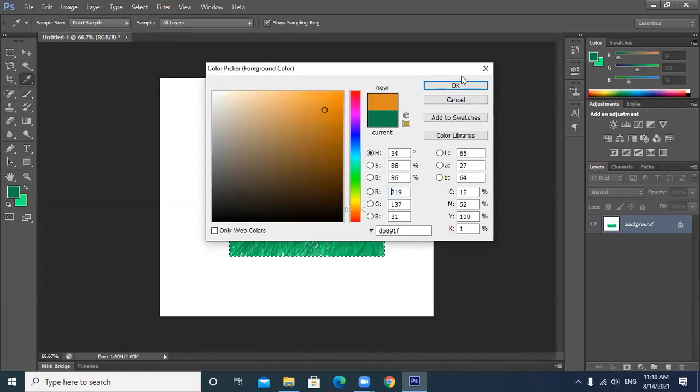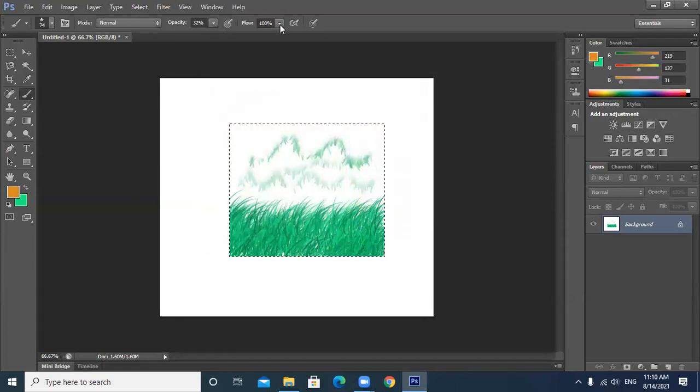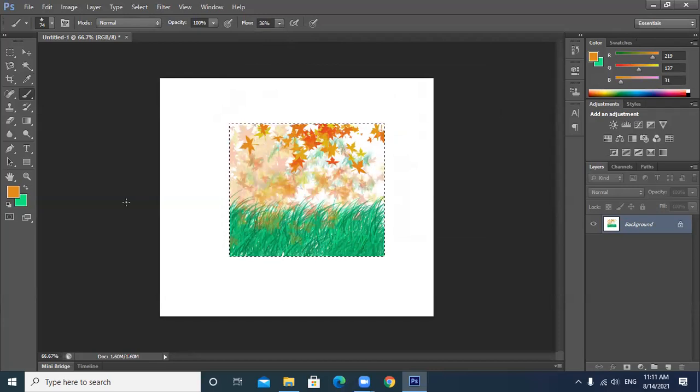The next you can set is flow. Flow means the quantity of color the brush is giving. How much color is coming from your brush will depend upon the flow. Right now it is 100%, so it is coming in proper flow. Okay, I'm increasing the opacity. See, now if I reduce the flow, okay, this is how it varies. Opacity is how transparent you want to set, and flow means how much quantity of the color you want. So this you can set.